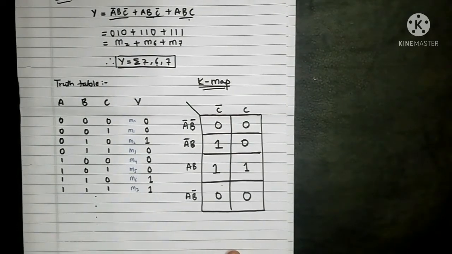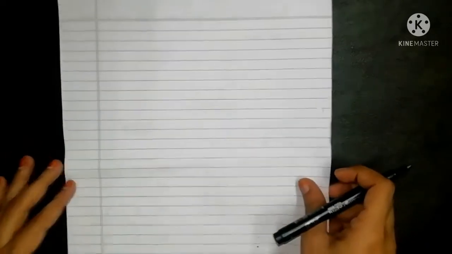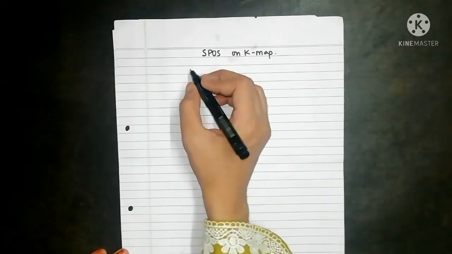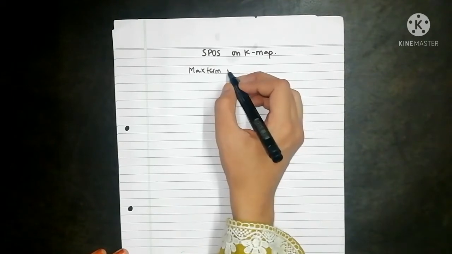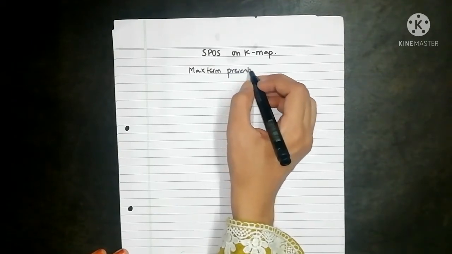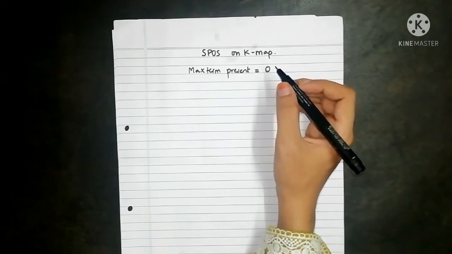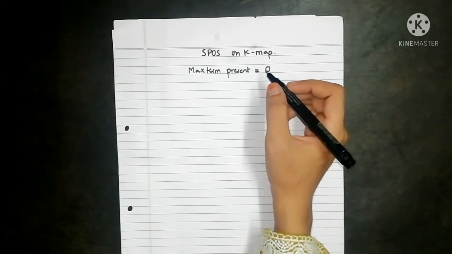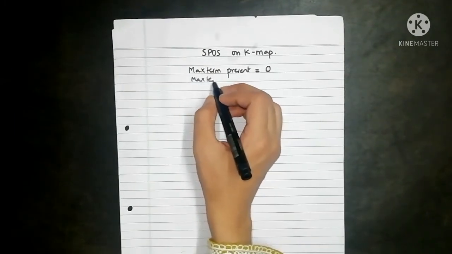Now we will see how to represent SPOS form on the K-map. The only difference that you will observe in case of SPOS is that the max term, since it is POS, so we will deal with max terms, if it is present or included, then you have to write 0. Whereas in case of SOP, when the min term was present we used to write 1, and when it was absent we used to write 0. But here if the max term is present then write 0, and if the max term is absent